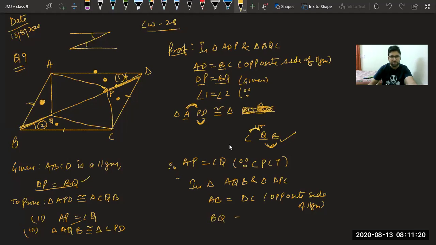Very good. And the third thing, please answer. The third thing, it is the angle. Yes. So you are now smart. I will name them 3 and 4. So you are saying 3 and 4 already. So let me call it 3. Let me call this 4. I can say angle 3 equal to angle 4, alternate interior angles. So now I guess all of you are able to understand how to approach a particular question.